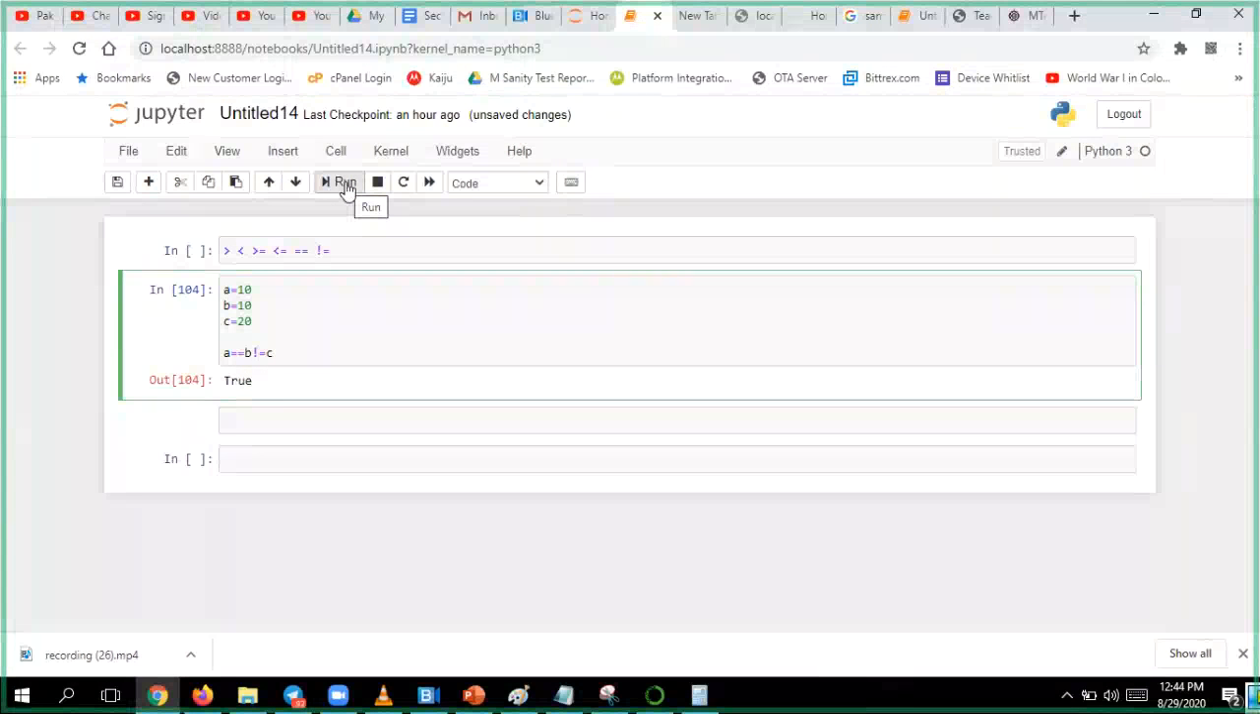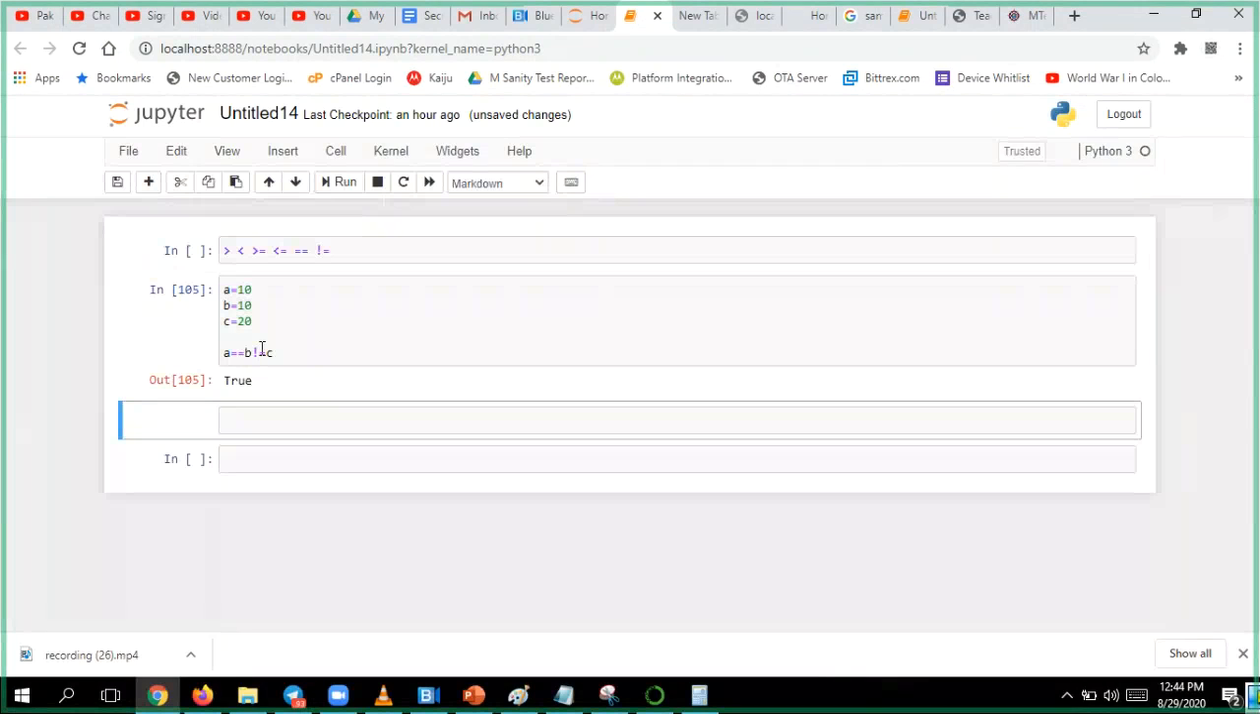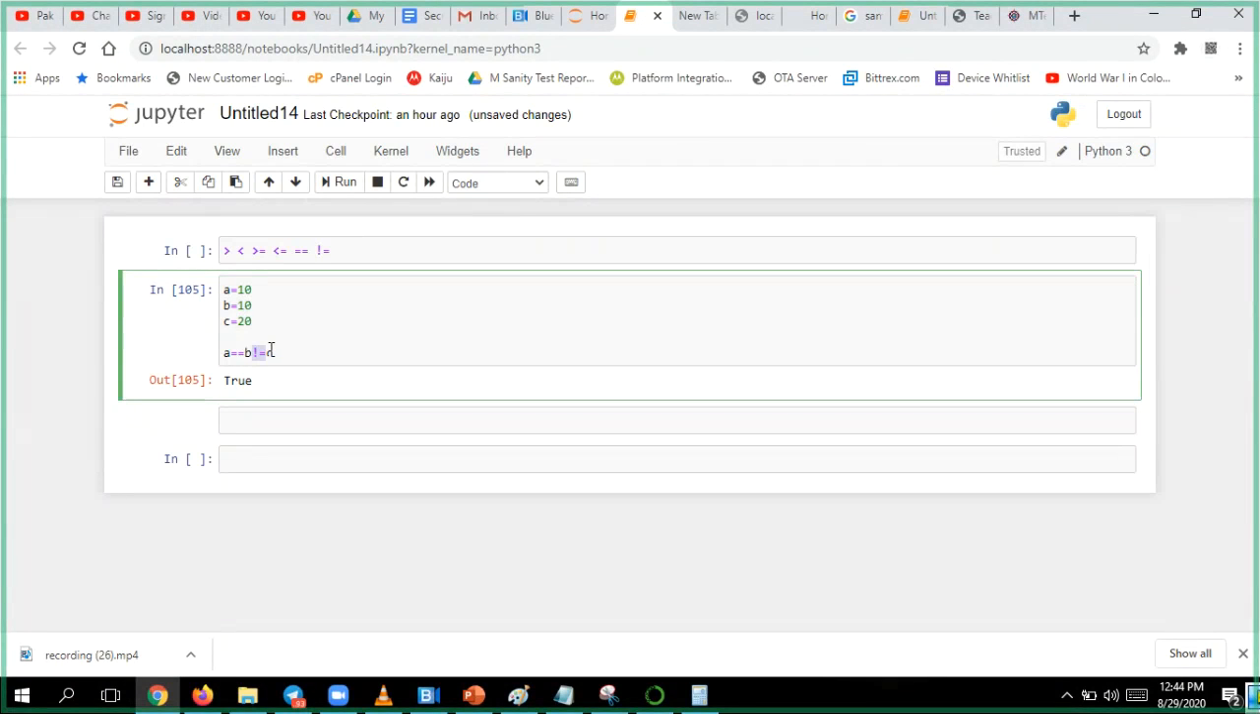It's true because the exclamation mark is equal to not, which means it's not equal to. So 10 is not equal to 20. Yeah, true. This one is true, also true. This one is also true. That much is enough for you to learn about the equal to and not equal to operators. Okay,